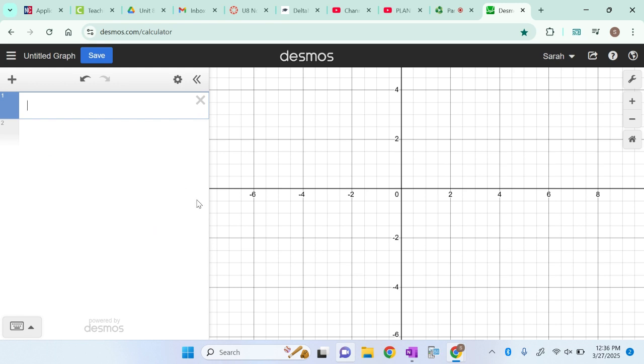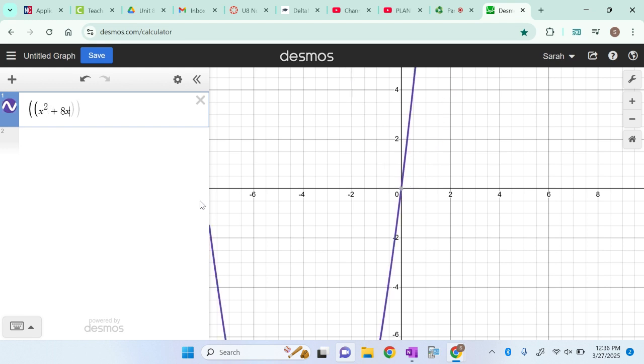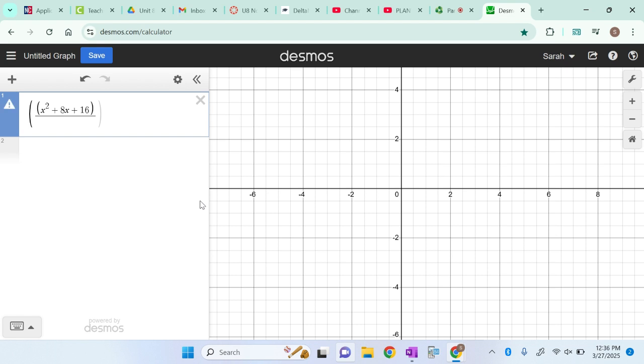And I'm going to type in big parentheses, x squared, actually, a bigger parenthesis. x squared plus 8x plus 16. Close that parenthesis, all divided by x plus 3. Close that parenthesis, all divided by